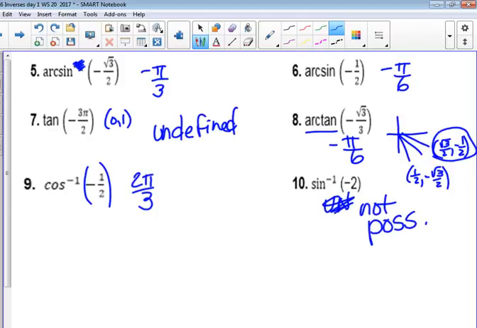All right, we will pick up here tomorrow. Please, you will get to use that unit circle on the